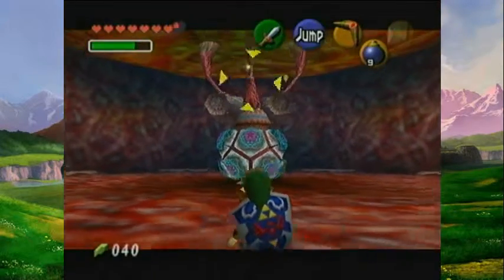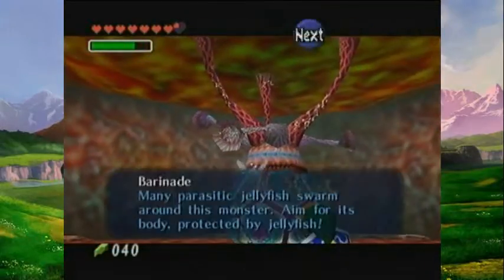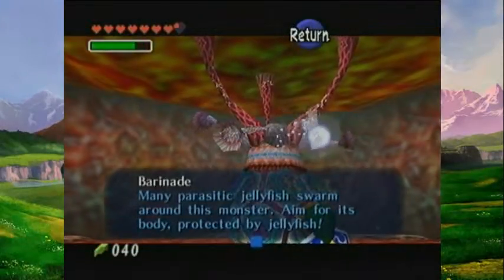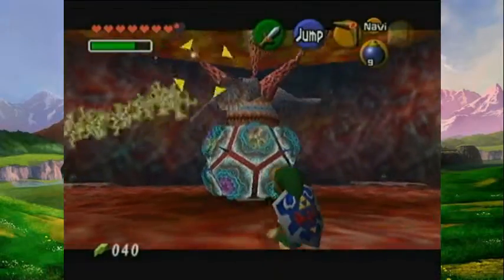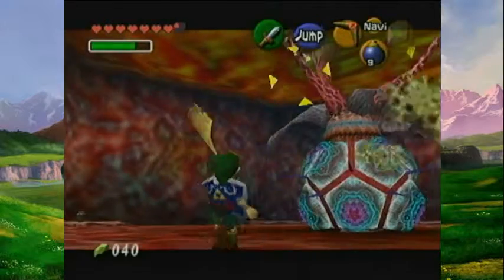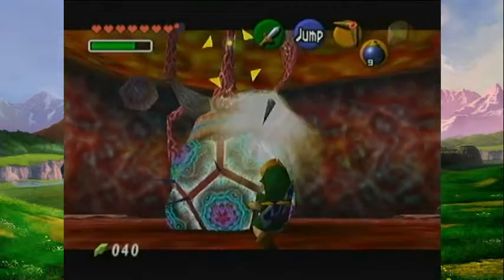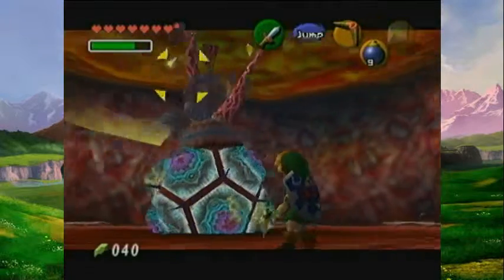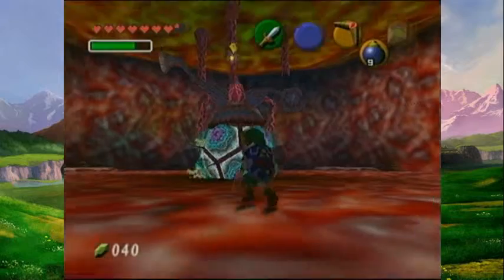Alright, so this is the bioelectric Barinade. So, many parasitic jellyfish swarm around this monster. Aim for its body. Alright, so the first thing we need to do is to destroy those things that are holding up Barinade. With the boomerang, quite obviously. And then, once we destroy all of them, all 3 of them,